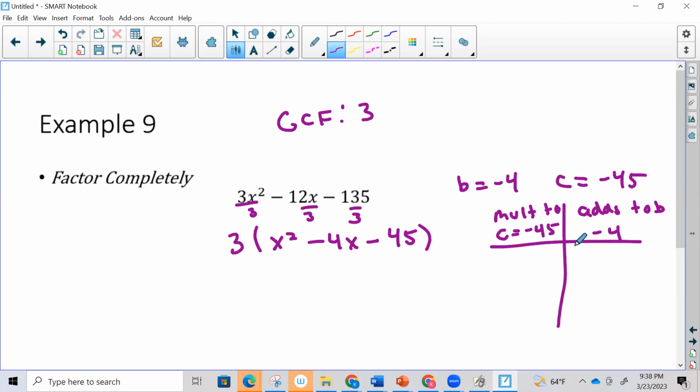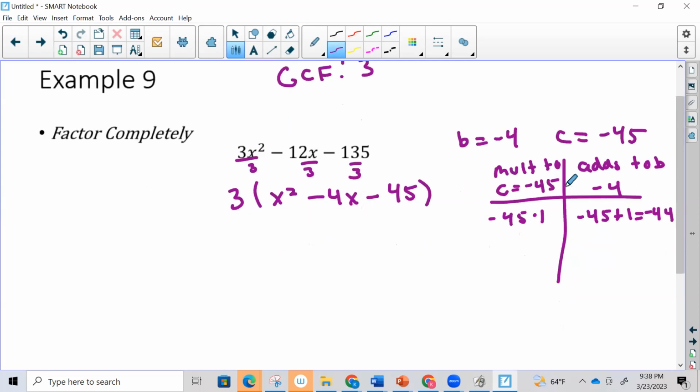So -45, I have a negative number, so it's a negative times a positive. I want the bigger number to be negative, because I want B to be negative. So I can do -45 times 1, but for most of you, it's pretty obvious that that's not going to work because it gives me -44. So the next thing, 45,